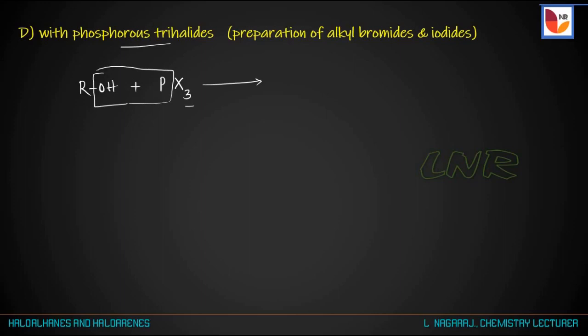Because of the presence of 3 halogens, the alcohol is to be taken as 3 moles, that is, it gives 3 moles of RX, that is R combines with the halogen, plus the byproduct is represented as 3 hydrogens, 3 oxygen atoms and 1 phosphorus, that is H3PO3. That is, whenever the alcohol reacts with the phosphorus trihalides, the obtained byproduct is H3PO3, that is